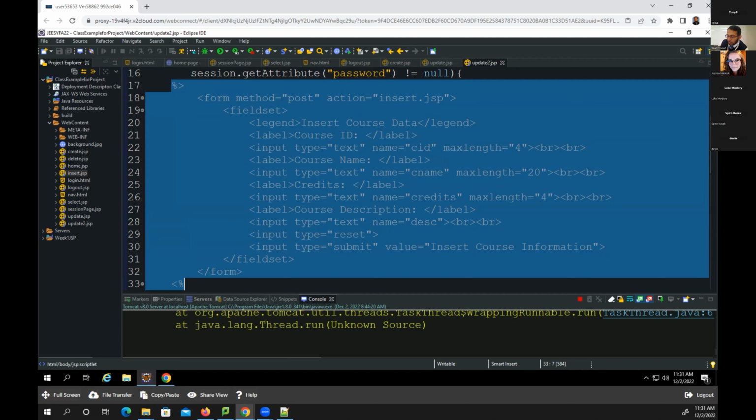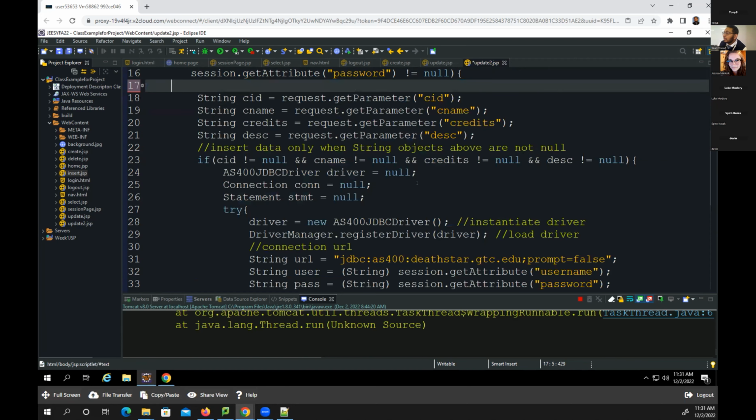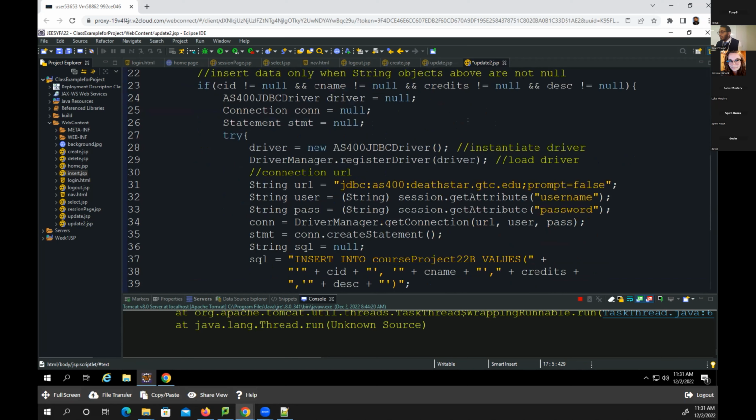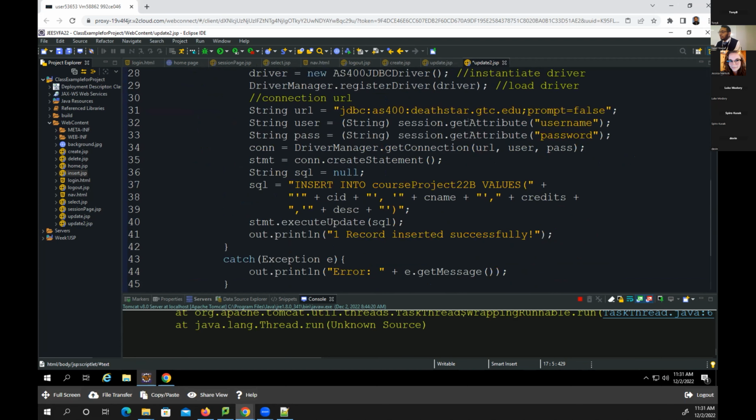See that, everybody? Okay. Now, CID, CNAME, credits, and description, those are the four values that I'm passing. So they'll be coming over here. I'm checking to make sure that none of them are null. I'm loading my drivers and everything. The only difference is that the SQL command will be different. That's it. And it'll say update